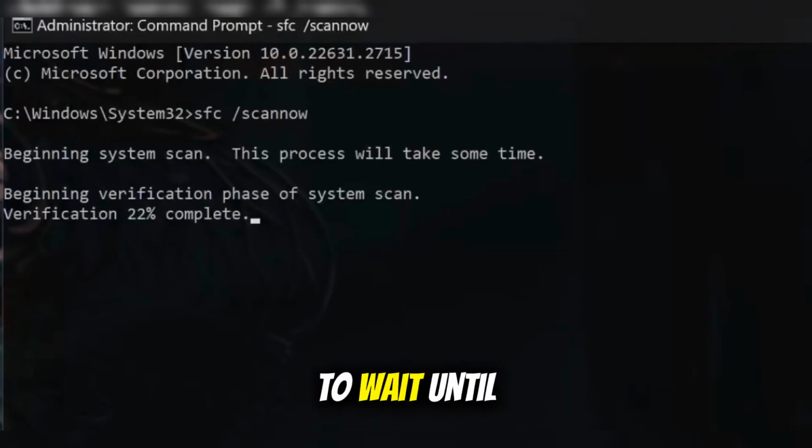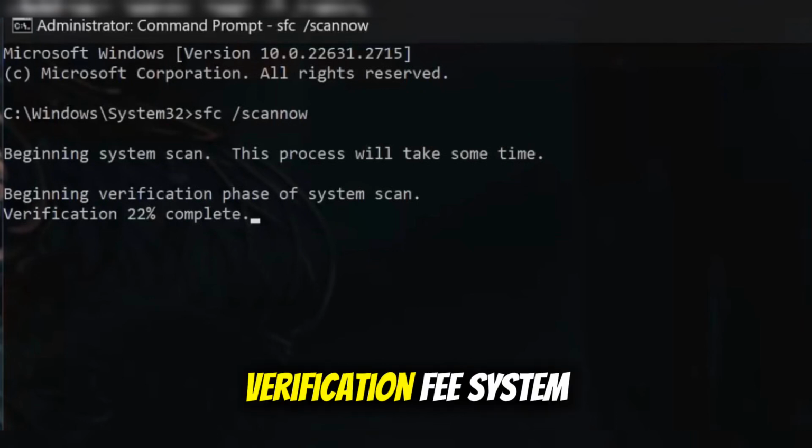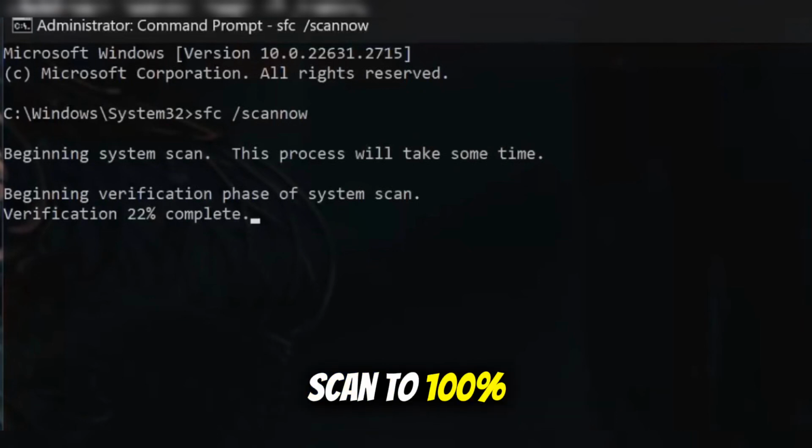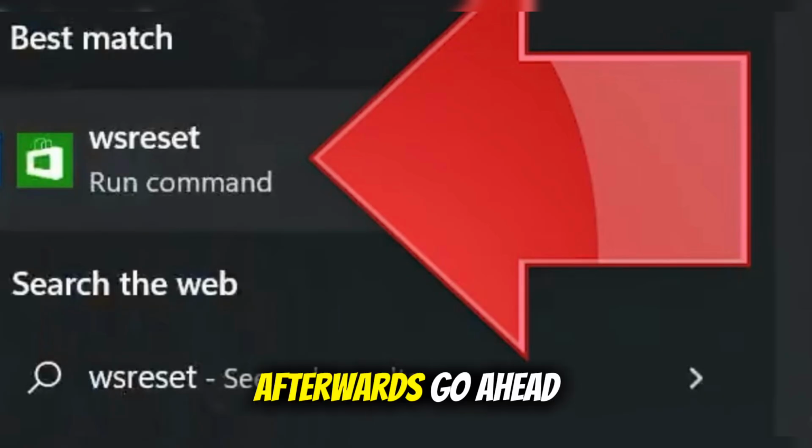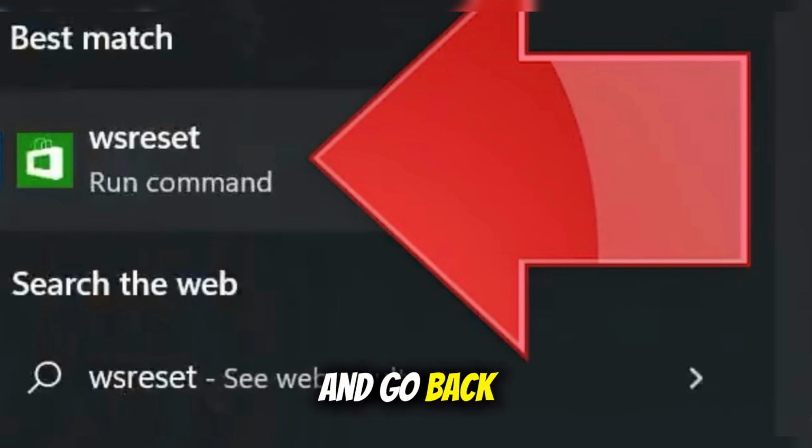So you have to wait until the beginning verification phase system scan is 100% complete. Afterwards, go back to the settings of your laptop or PC and search for WSReset, and